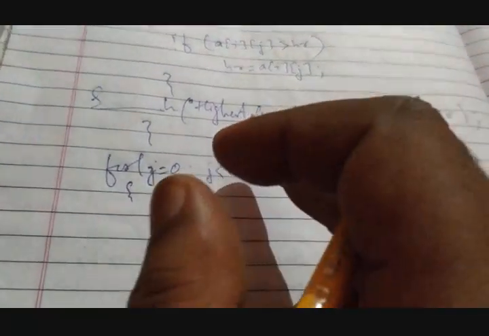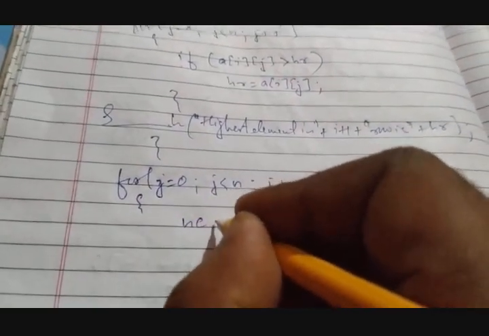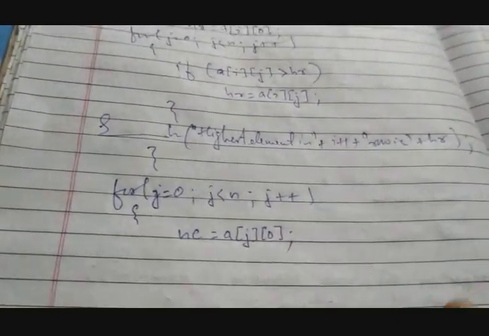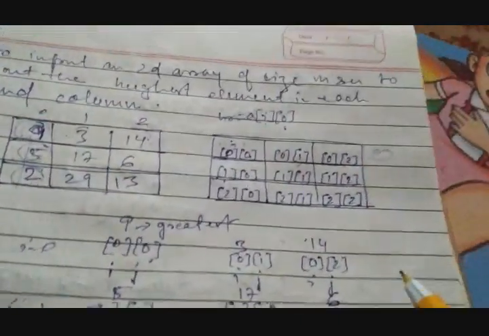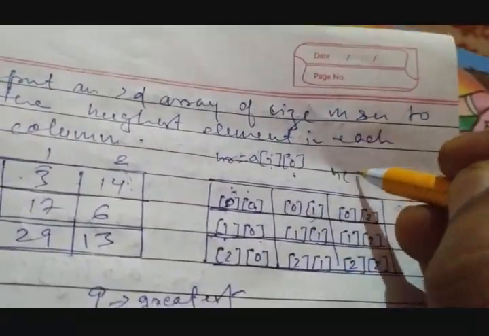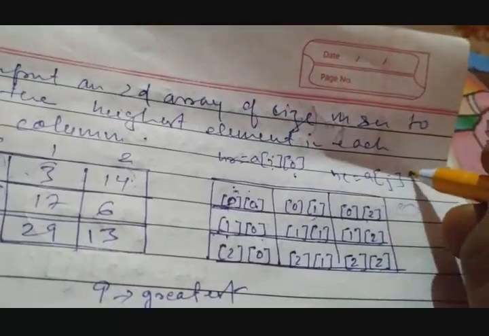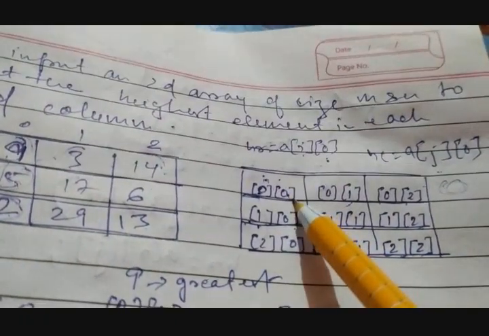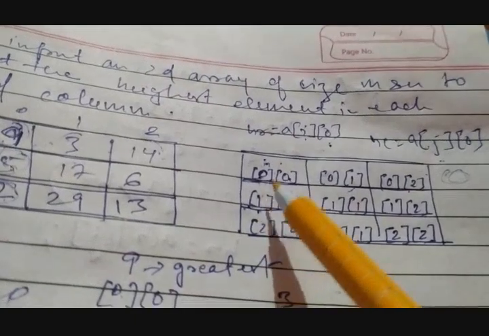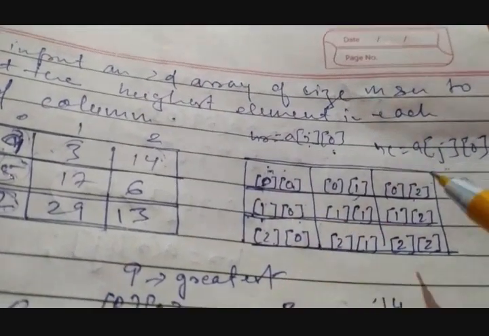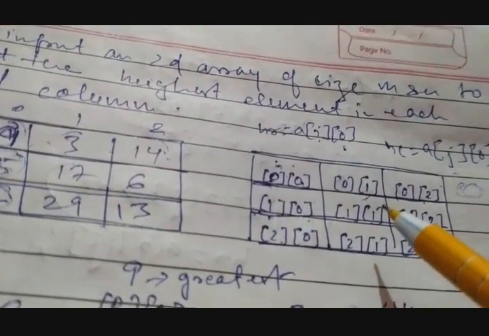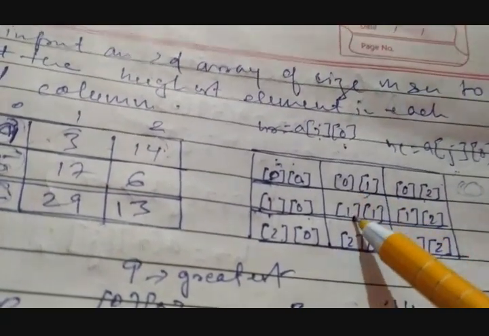Now why j on top? As I explained in the previous question, highest of the column HC equals A of 0 j, considering A of 0 j, HC equals A of 0 j. J is constant, I put j on top, made j the outer loop, j became constant, so j is 0. Now this will change 0 1 2, the i changes here. Then in the next round again the j gets incremented and j value changes to 1, but the inner loop is i, so i changes 0 1 2, likewise the i changes here.